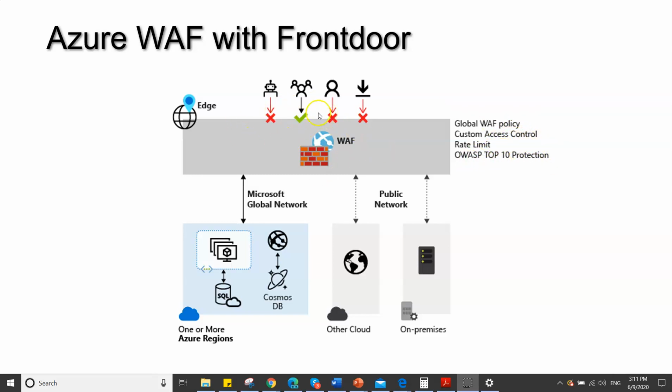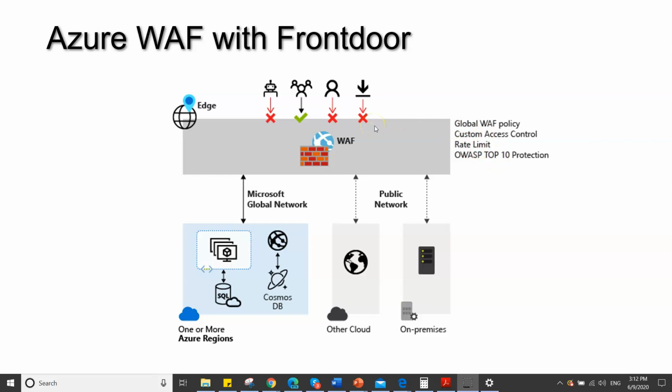Everything can be enabled on this, and only the filtered, secured data will enter into your network or web applications. As you can see in the architecture, all your SQL Server, VMs, wherever your application is hosted, everything is protected from the various vulnerabilities through the web application firewall.